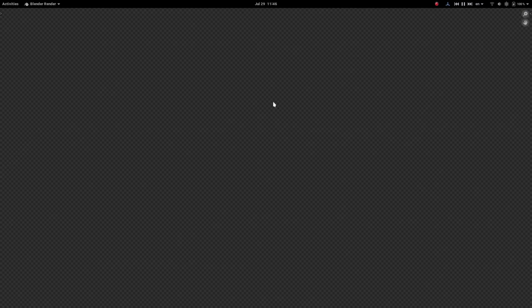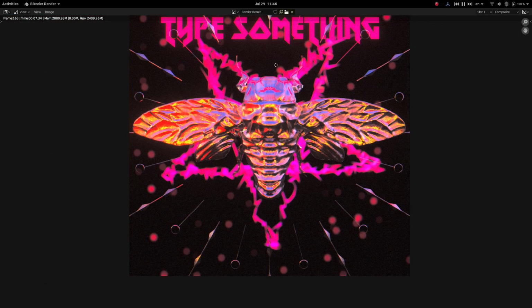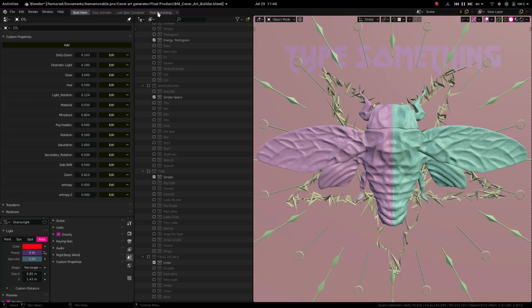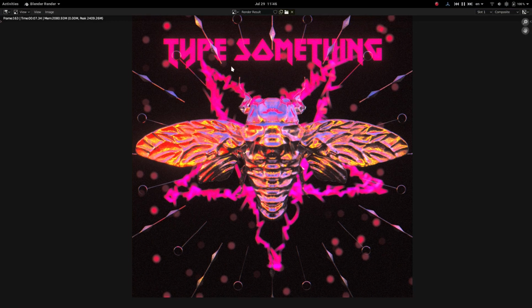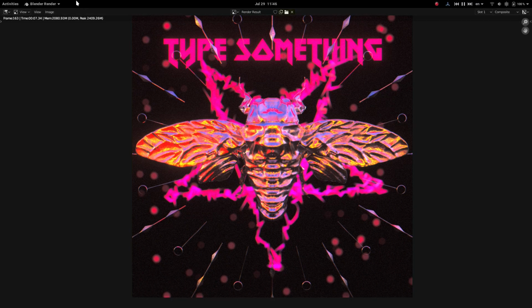image. Wait a second or a couple. It's pretty quick and it's rendered. Depending on your hardware, it can go faster or slower. I have a pretty good computer, but now what we want to do is actually we can just save it right here. Actually, we can just go to image and save as and save your cover art, but if not,